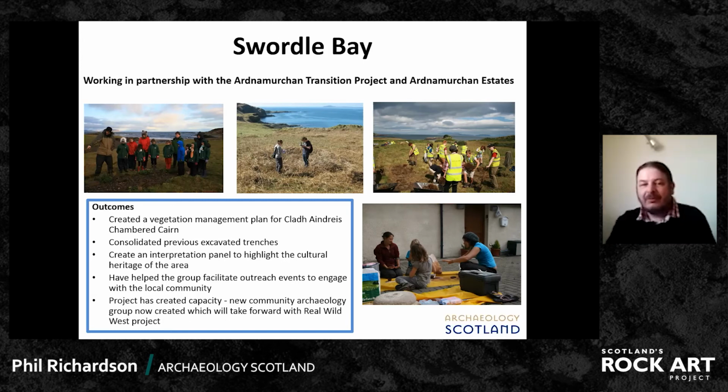And we've done 3 Adopt a Monument sites on the peninsula. Swordle Bay is one, St Common, as I mentioned previously. And this is a really good example of a kind of long-term emphasis. Some projects we've done have been quite short-term. They've had a goal and we've achieved that, or made contact with other people who can help people achieve their aims. But this one has been a project that's gone on for a long, long time, and it's developed into something